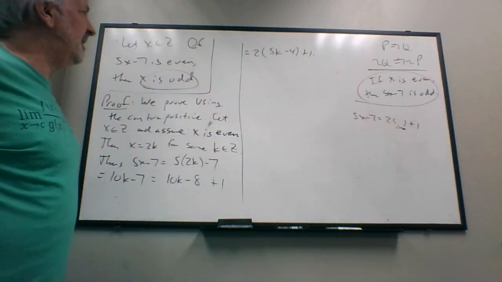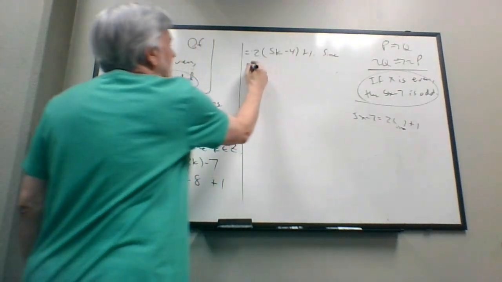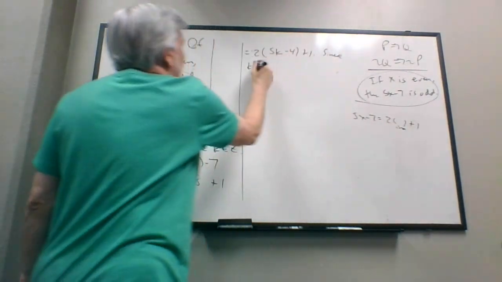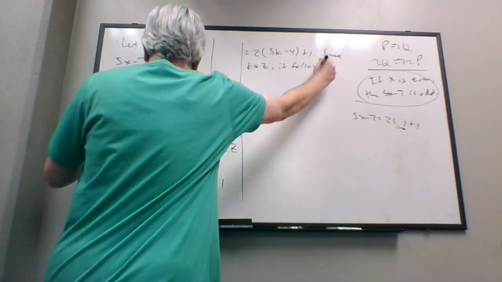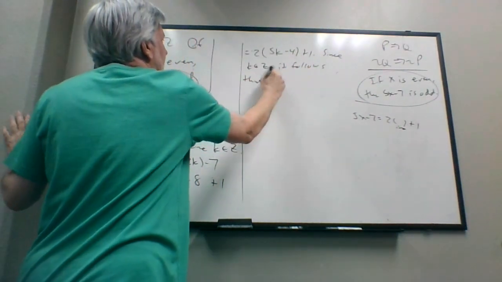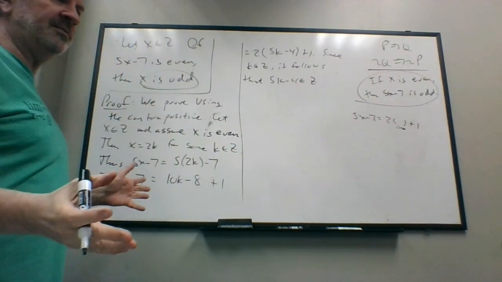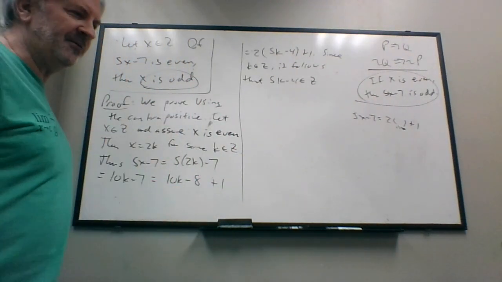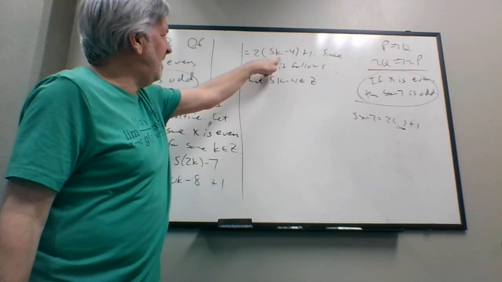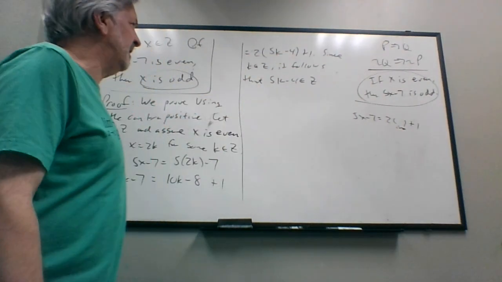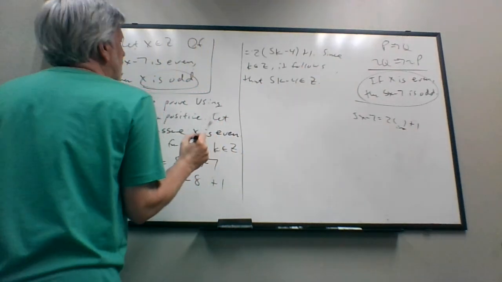All we have to say is that 5k minus 4 is an integer. And why is that an integer? Since k is an integer, because we said that over here, it follows that 5k minus 4 is an integer. Remember, we're under the assumption that we know products and sums and differences of integers are an integer. So as soon as I say k is an integer, I know 5k is an integer, I know 5k minus 4 is an integer. You don't have to write all that out. Okay, and so,